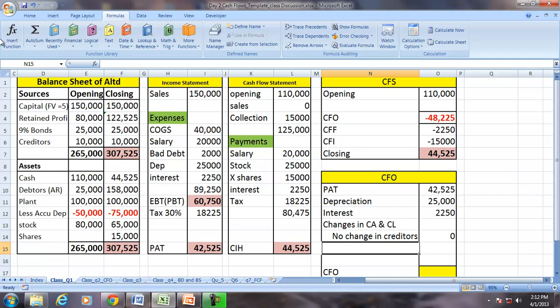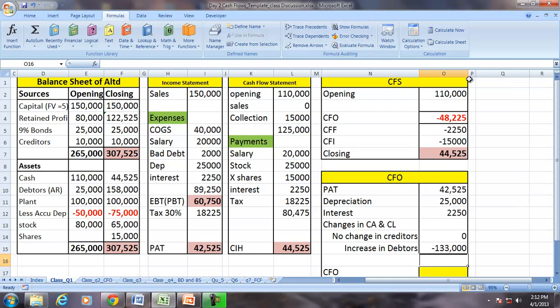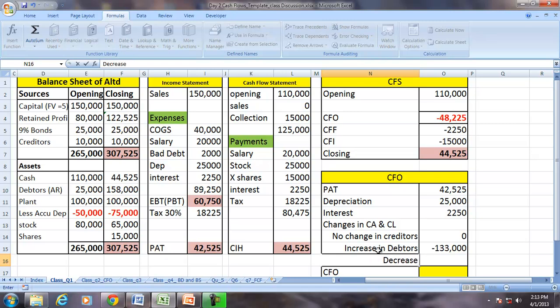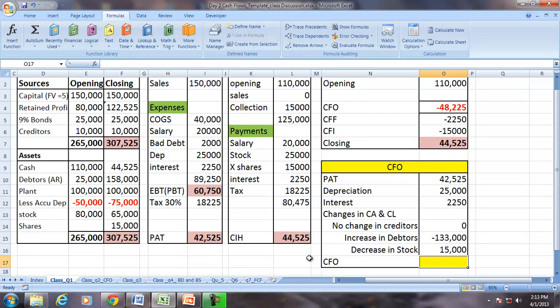If you see, the debtors have gone up. So an increase in debtors means the goods have been sold on credit, and to that extent we have not received money, so therefore it has to be deducted while finding the CFO from profit. Similarly, the stock has decreased during the period. A decrease in stock means goods purchased in the last time period have been sold in the current period. So it is plus, and the summation of this should give us the cash from operations,